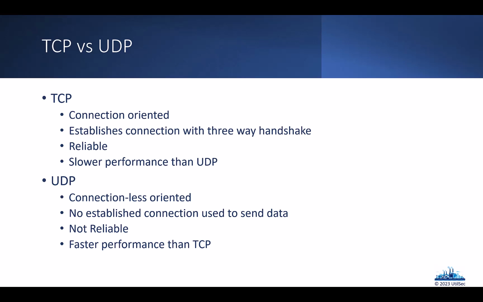The human eye wouldn't see if we dropped a couple of packets while watching a TV show or a movie. We just want the data to get there as quickly as possible. So when we talk about large amounts of really inconsequential data, we can use UDP. It's very fast because there's no overhead,